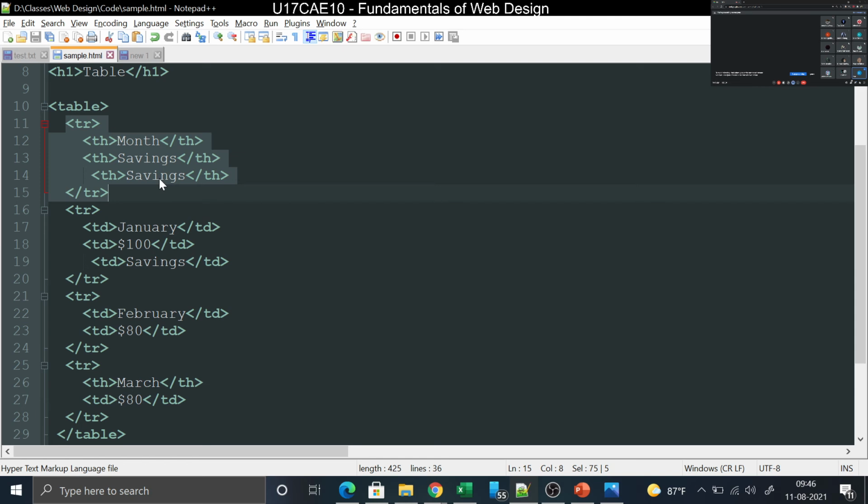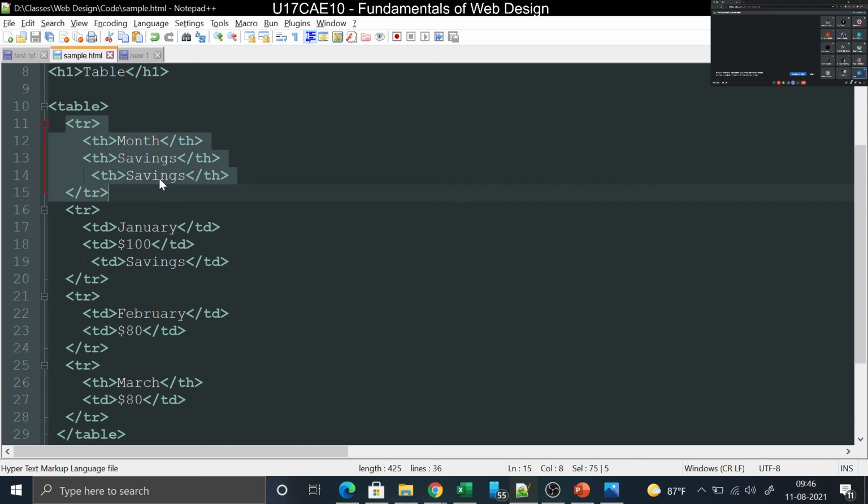Okay, so that is the attribute called target. So target equal to blank. Okay, so with target equal to blank, href is what? The path of the file. Now this header.html is in the same folder. Okay, so suppose I keep this in another folder, for example I want to open this file. That means I have to give the path name.